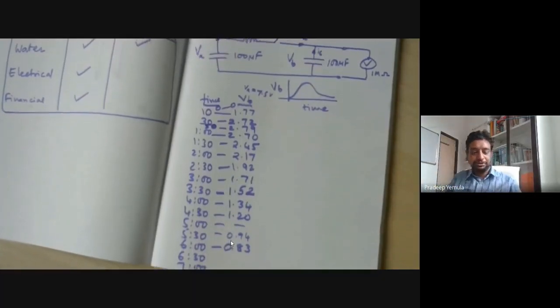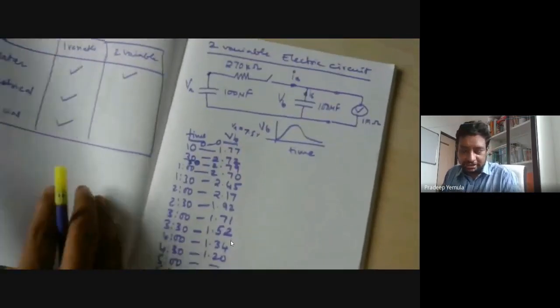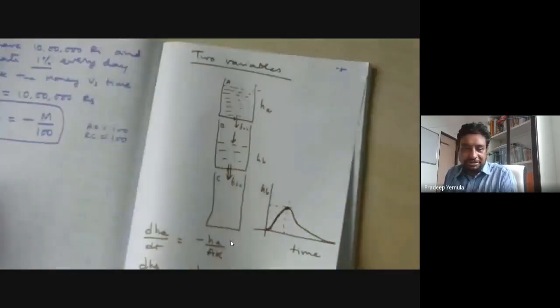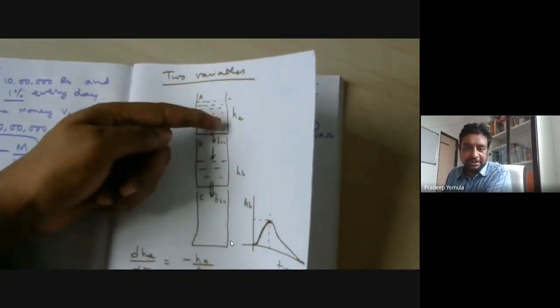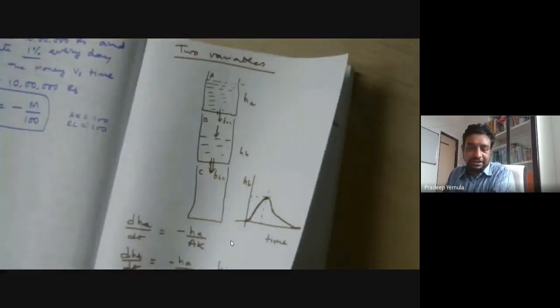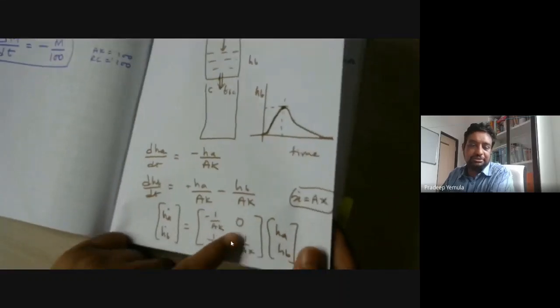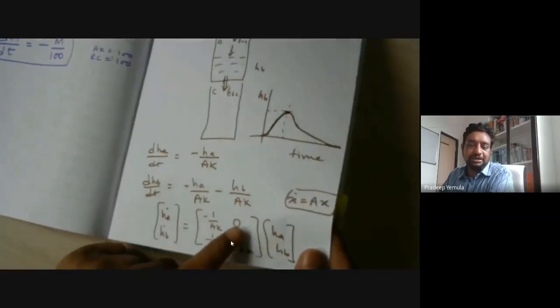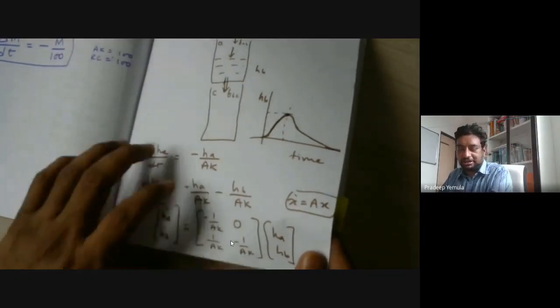Okay, so here the equations are slightly different. See, in the earlier water example, there is no impact of the second one on the first one. The first one is only impacting the second one, but second one is not impacting the first one. That's why here in this matrix, this term is 0. That means there is no role of HB in the HA. So this was slightly simpler equation.